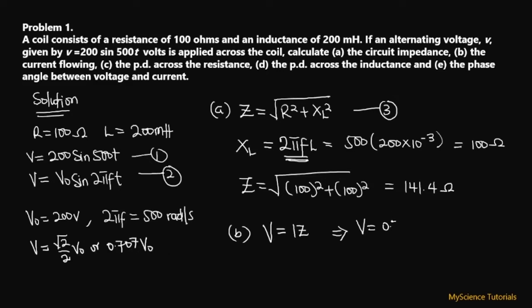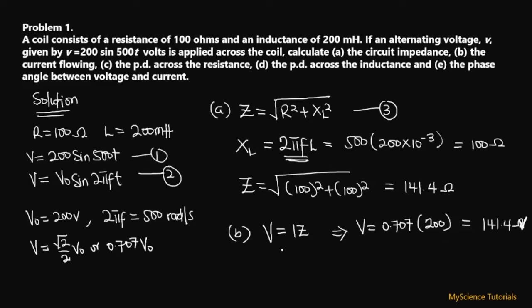So I'm going to use the 0.707 multiplied by the V0, which we got from this expression that has been given to us in the question. And we established the fact that the V0, comparing these two equations, is equal to 200. So this will be multiplied by 200. So if we compute that into our calculator, we are going to get 141.4